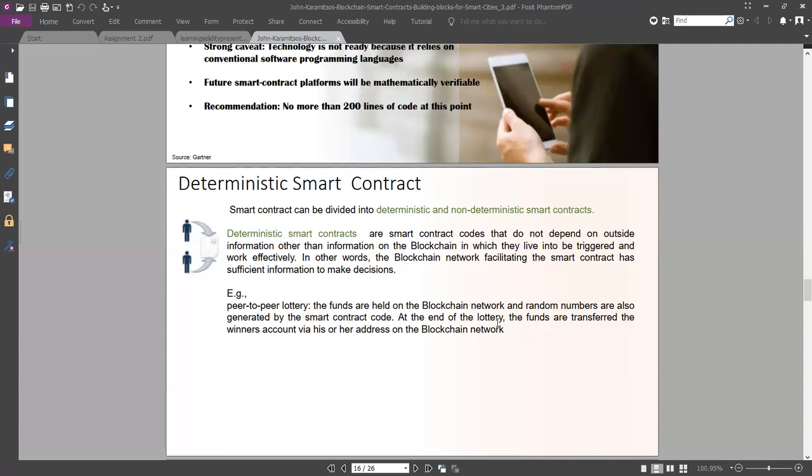At the end of the lottery, the funds are transferred to the winner's account via his or her address on the blockchain. So they don't require outside information, and that's why they are called deterministic smart contracts. The information is already built in, and they rely on the blockchain itself. So these are the deterministic smart contracts, and then we have